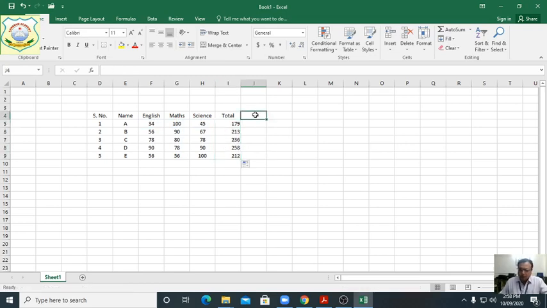Clear, students? Suppose the max function. We want to use the max function here, but we will not take the total marks.